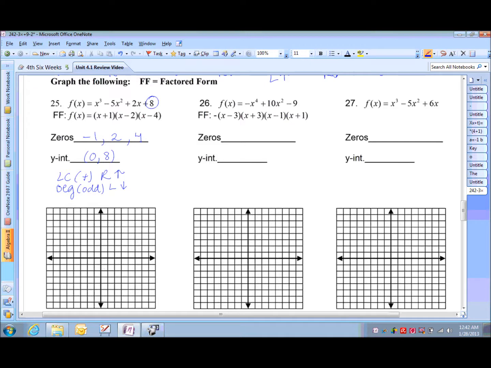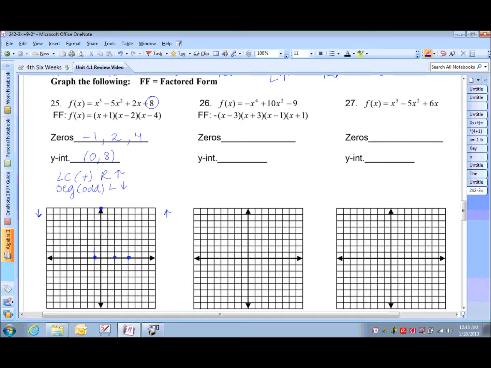Okay, so we plot our zeros at -1, 2, and 4. And we know we're rising to the right and falling to the left. And our y-intercept is at (0, 8). So now we need to just make our curves between our zeros. So we start up, going up to the right, down, pass through the y-intercept,